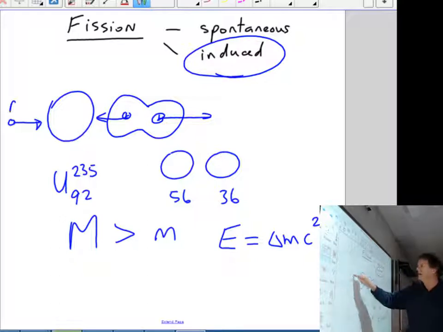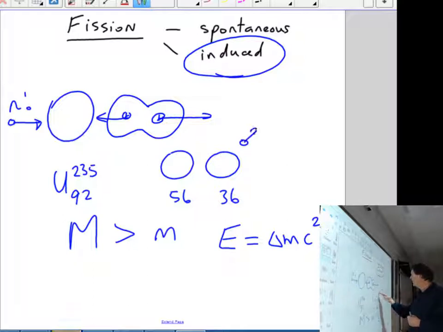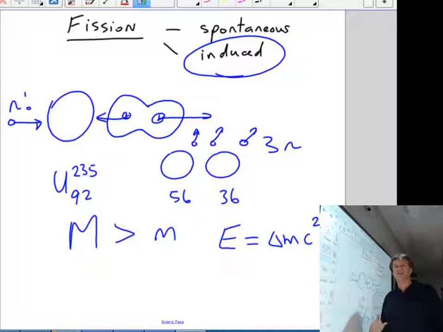This neutron has actually struck here, caused us to change to U-236, slightly wobble that, and the overall electrostatic repulsion now actually pushes the nucleus apart into two halves. Now, they're not equal halves, by the way, and also releases neutrons here. This particular one, I think, releases 3 neutrons. But it typically releases 2 neutrons in this reaction, and it can release up to 12 neutrons, depending on the